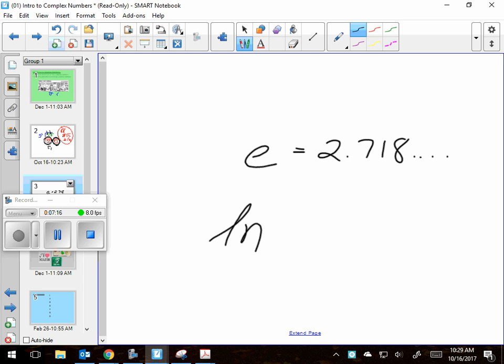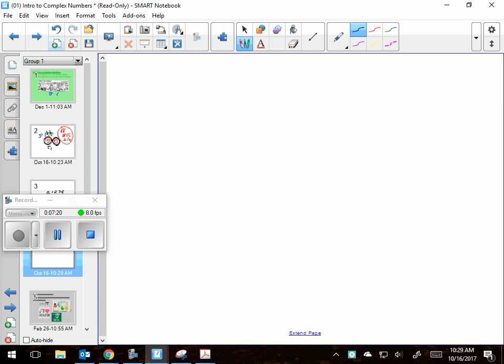This is getting really deep, but the point is there are some letters that are special, and i is special. You will never use i as a variable because i is defined. What did I just say it was 2 seconds ago? Square root of -1.